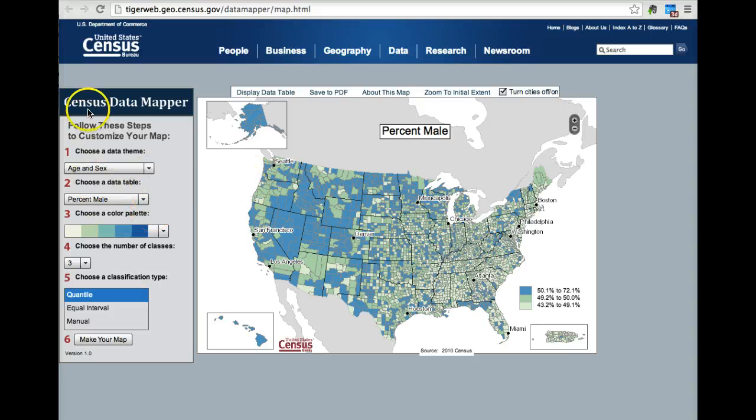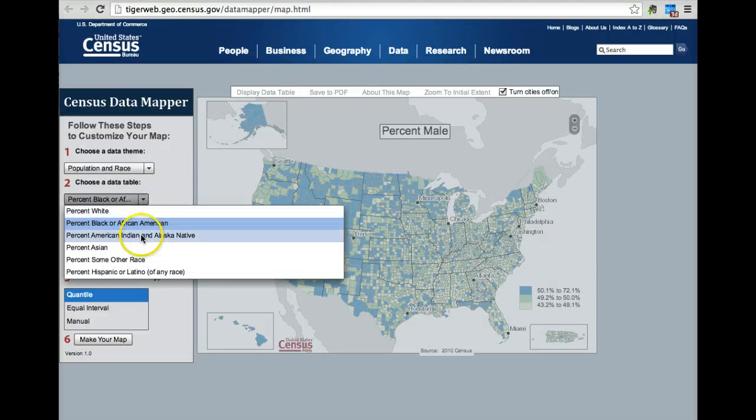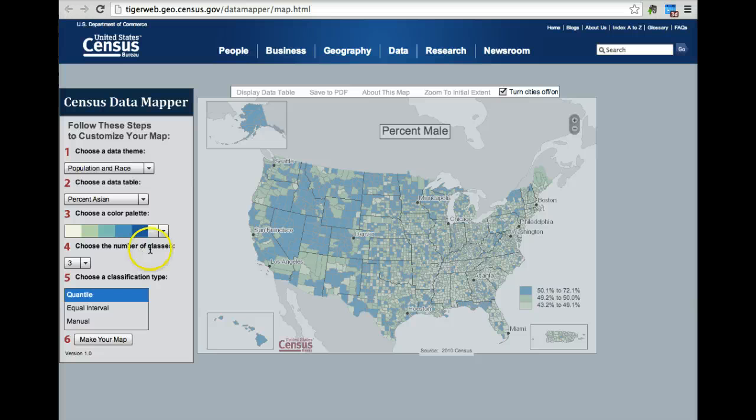Once you see all of the shaded out areas come alive, you can then again toggle the different options to look at the data. So you might be interested in age and sex, population and race, and you want to select these and select the different categories that are of interest to you and wait for it to update itself. It's a little bit slower. It's a government site,